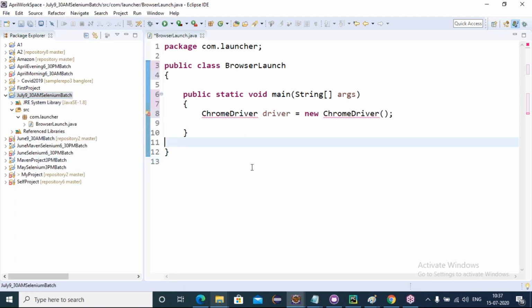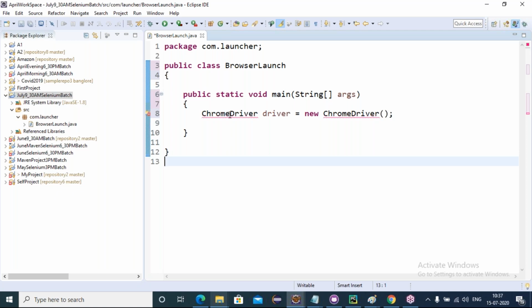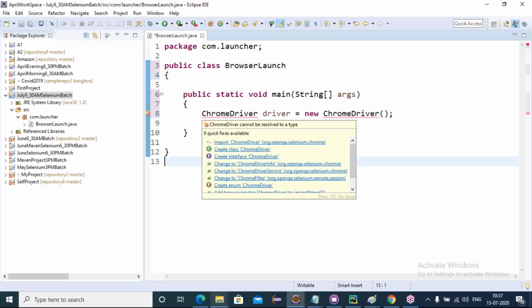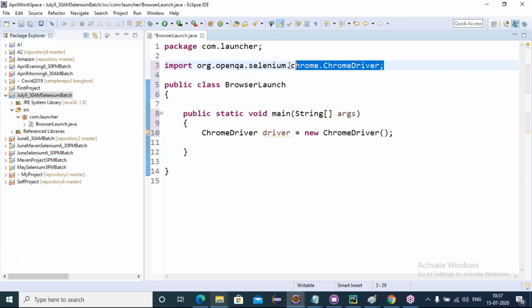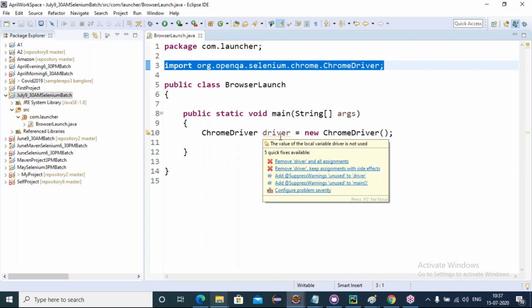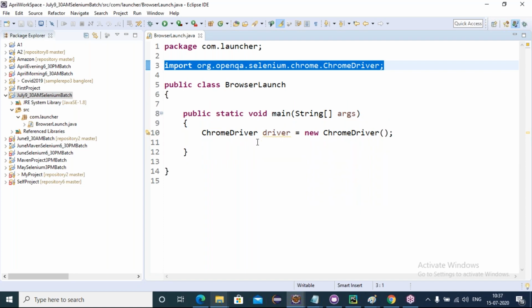Yes. Now see friends, mouse over on this ChromeDriver class. See, it is loading now. Now I mouse over on that ChromeDriver class. Now see, did the import option come or not? The ChromeDriver class is present in which package? org.openqa.selenium. See, the package got imported. Getting it, friends? Now I can use the 13 WebDriver methods implemented in the ChromeDriver class.